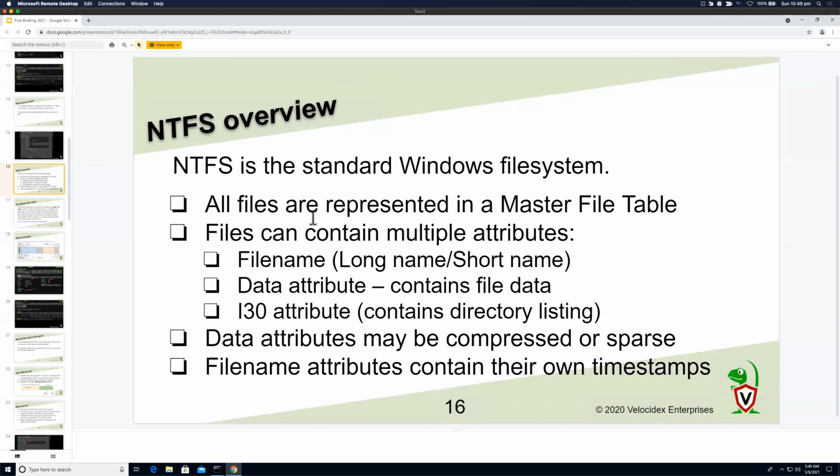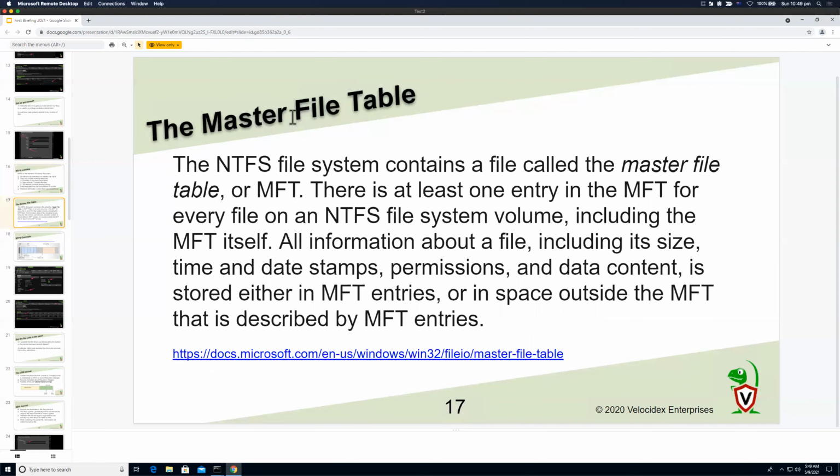But the most important thing is that NTFS works by having a big master file table, which is just a big table of all the files on the disk. Essentially, it gives us one place where we can quickly scan to find all the files